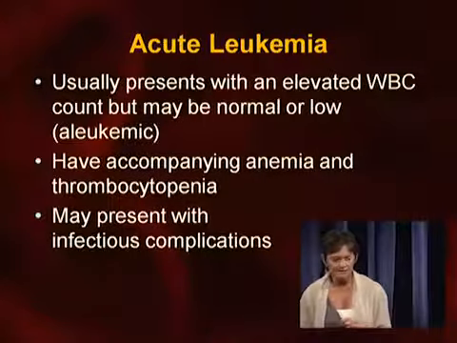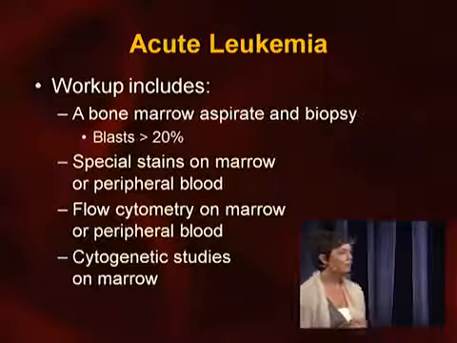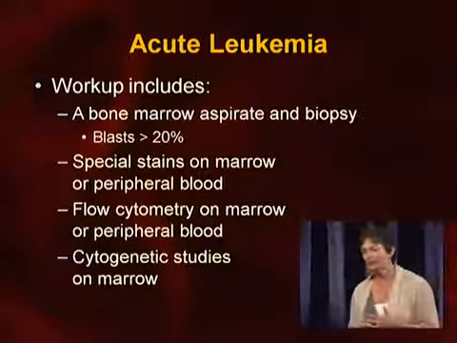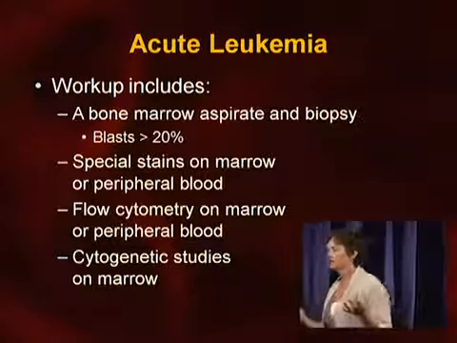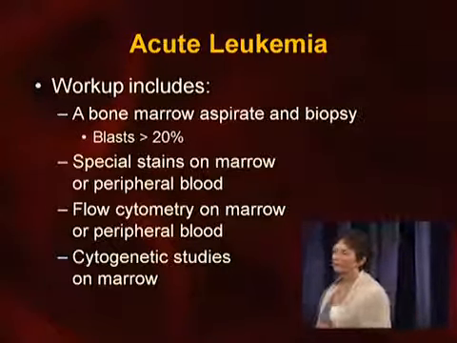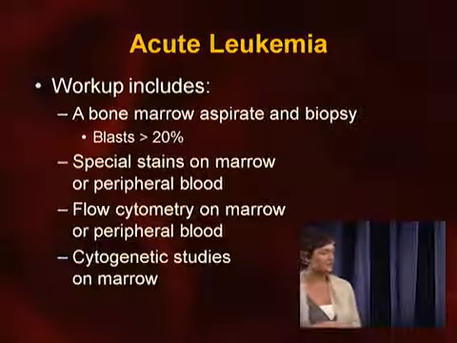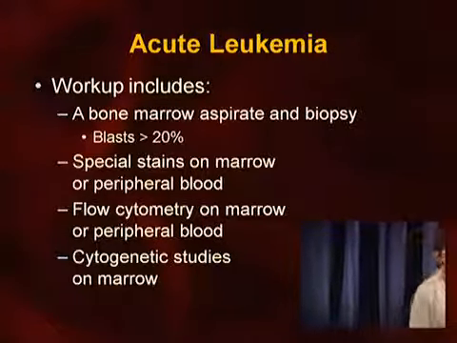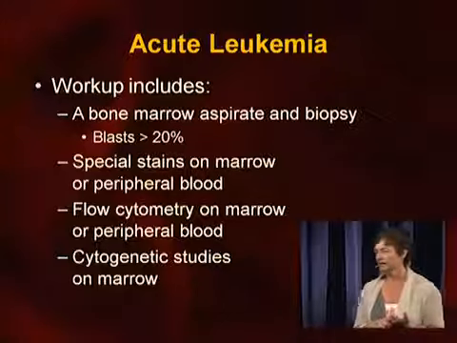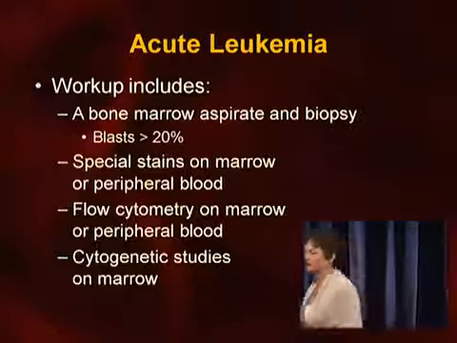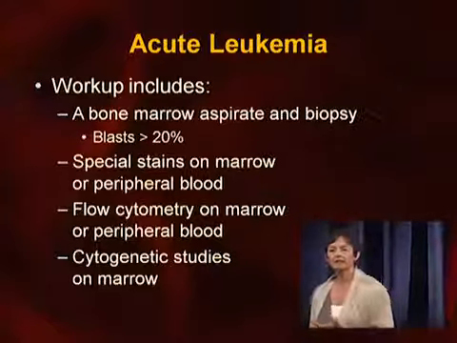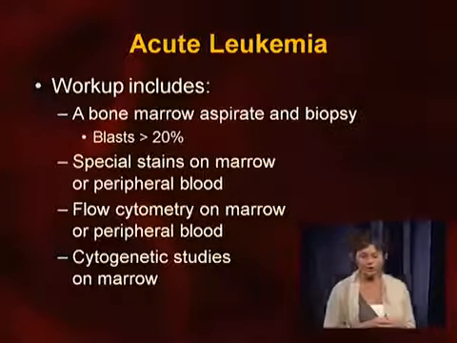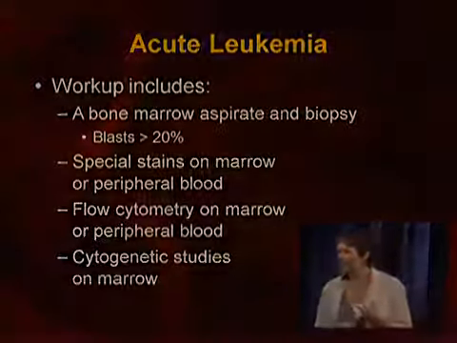or thrombocytopenia symptoms. When you work up somebody that has an acute leukemia, or that you suspect has acute leukemia, what you need to do initially is a bone marrow aspirate and biopsy. That's where the money is, and that's going to give you your diagnosis. By definition, you need more than 20% blasts to give somebody a diagnosis of acute leukemia. And then you're going to need to do stains, flow, and cytogenetics in order to give you all the information you need for your patient. The stains and the flow help tell you what